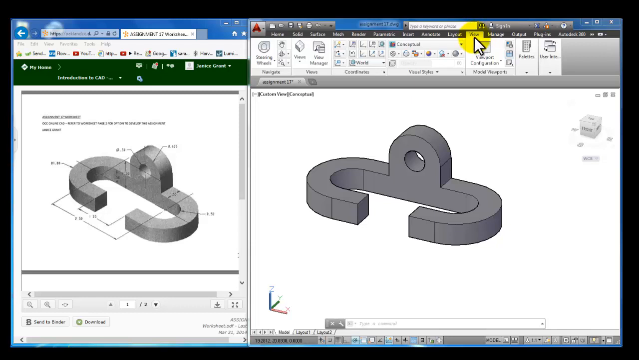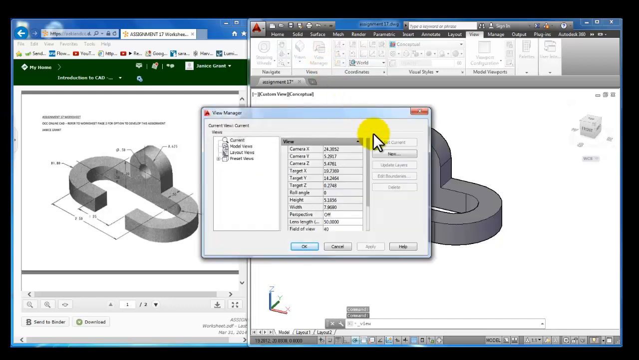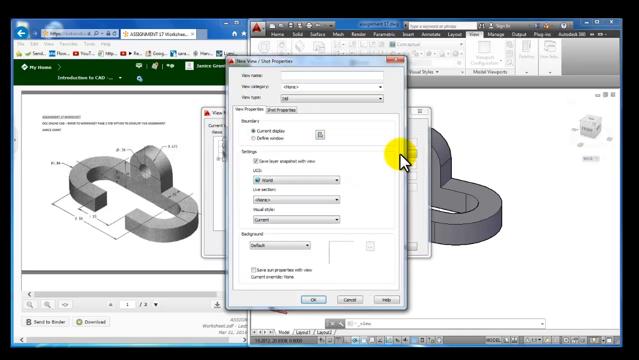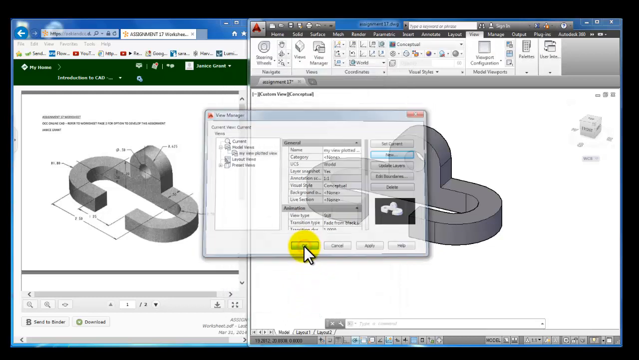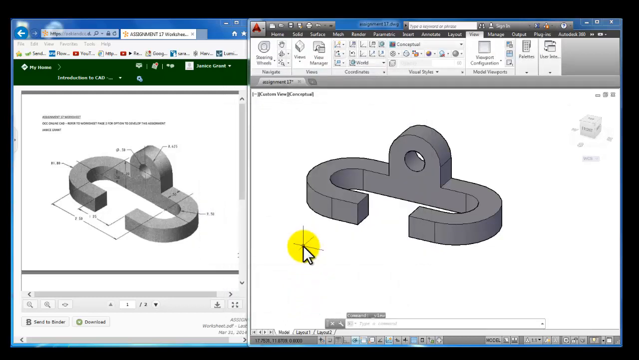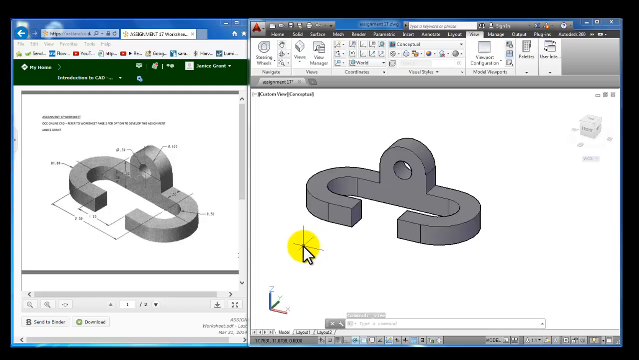Go to the View tab and go to View Manager, and in View Manager we can click on New and then type in a name. Make it My View, or Plotted View. Plotted View. Either way, go ahead and pick OK, and then pick OK. You just saved a view,